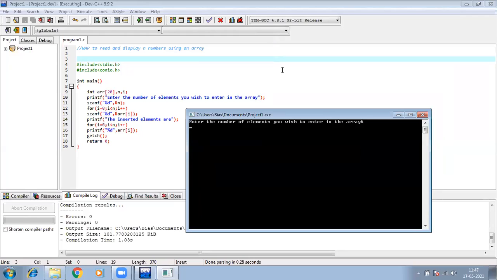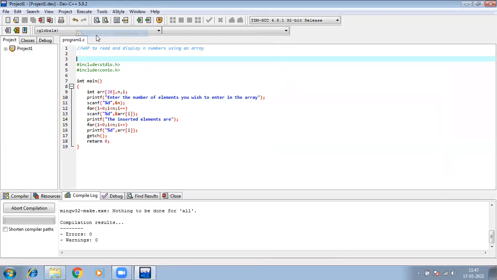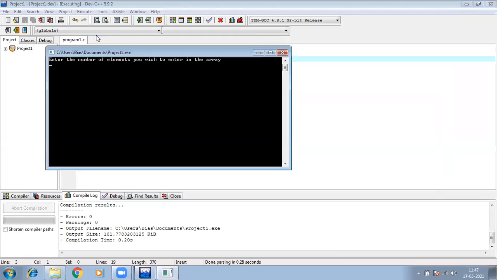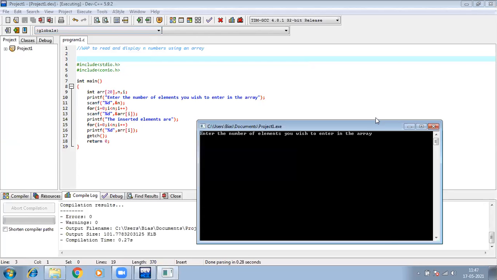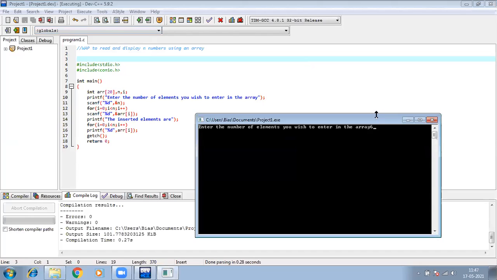Here I will enter first the number of elements. This is my n. My n is 6.